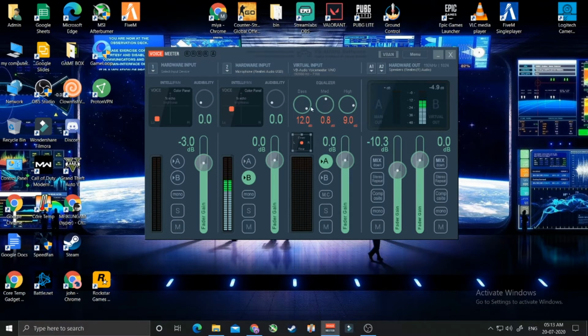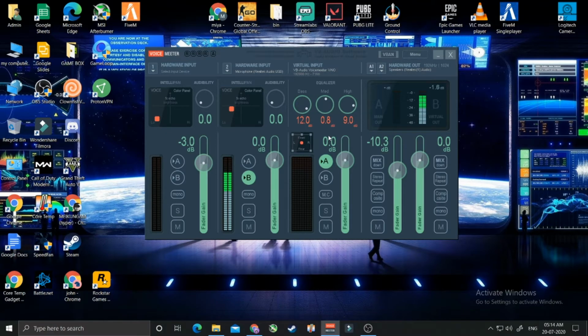And this one is the same as well. You can change according to what you like. Okay, this is the height, medium, bass. This is the equalizer, so you can adjust it according to your system. All right. And once you start, after completing this process, okay,